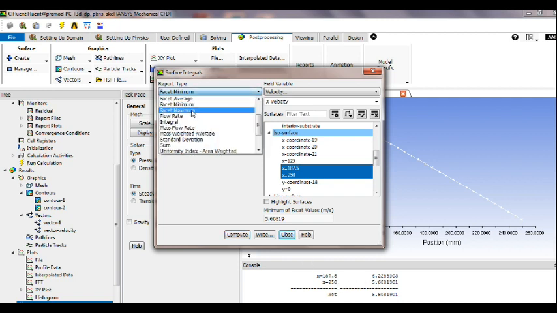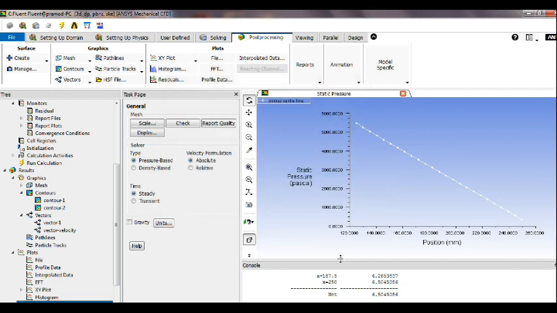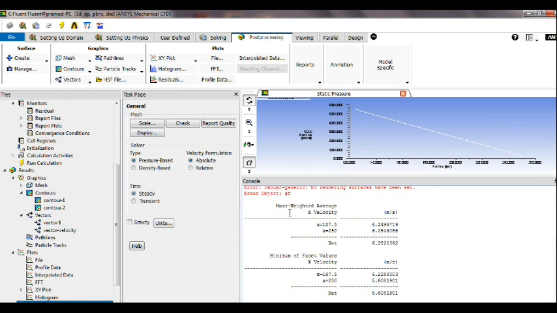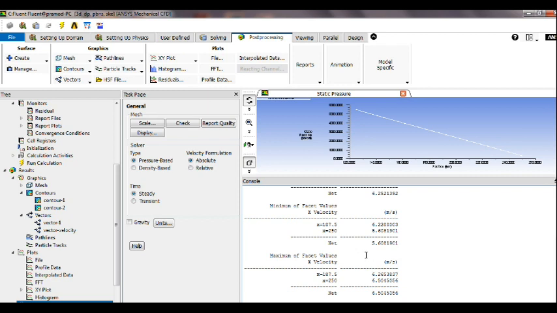Also you can go to the facet maximum, and if you check on the console, this is the mass weighted average x velocity at the location of 187 and 250 mm. So the spread between the average, maximum and minimum value of x velocity gives the degree to which the velocity distribution is non uniform. You can also use this number to calculate the velocity ratio